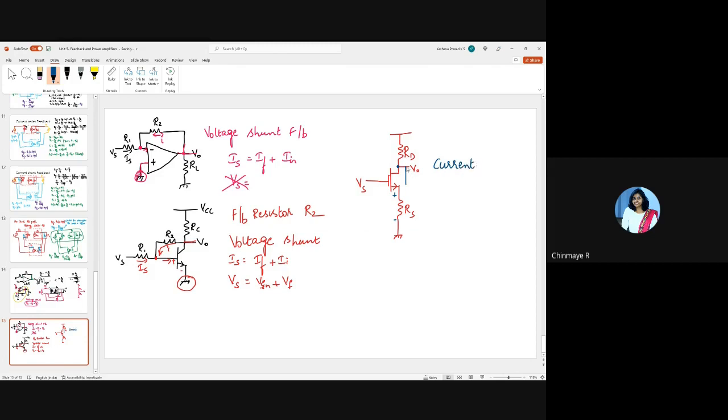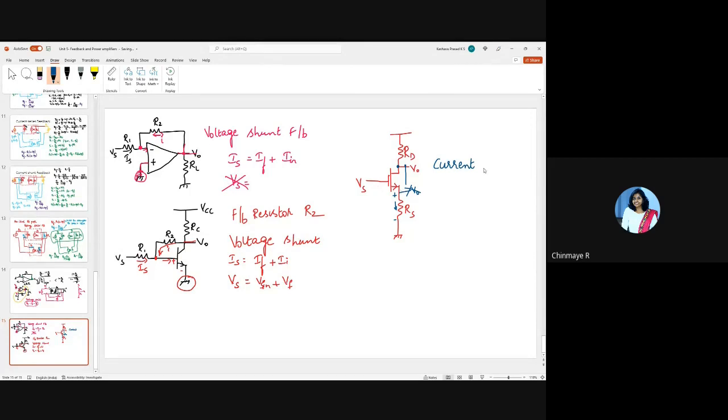Right? So due to this output voltage, there is some current flowing through RS, which develops some voltage across RS, and that is being fed back. So the first term here is current, because you're sampling current at the output and not voltage. How can you say that? Because you're not directly sampling anything from this point. You're sampling something across the resistor RS and you're not taking the output voltage here, right? The output voltage is sampled here, whereas the voltage across RS is fed back to the input. So the first term is not voltage, it is current.